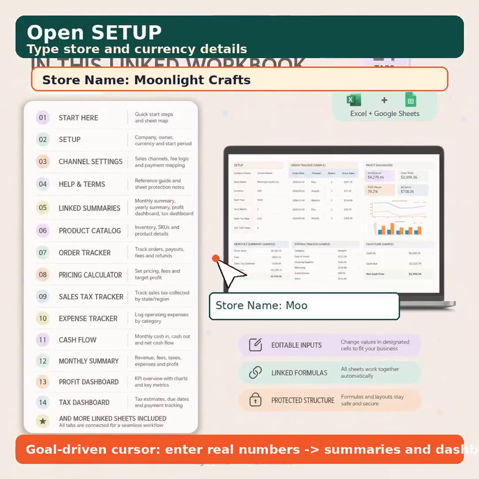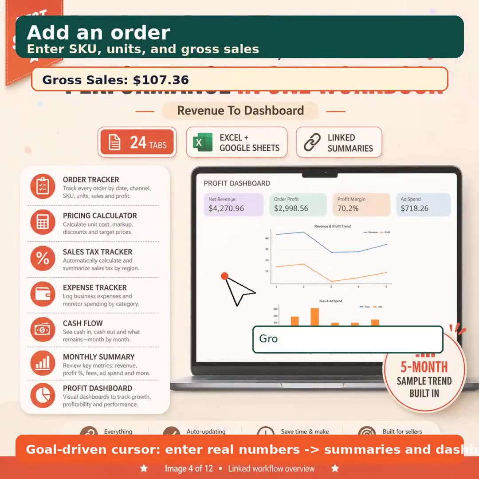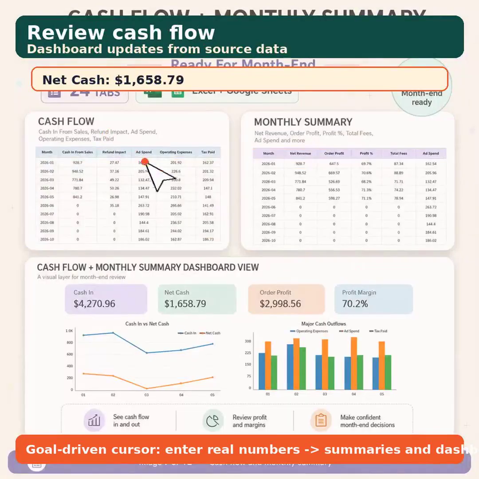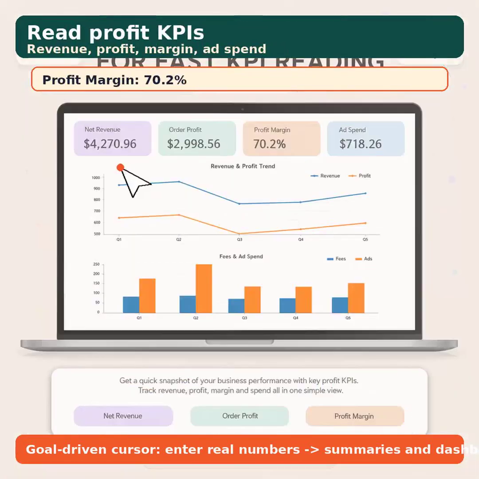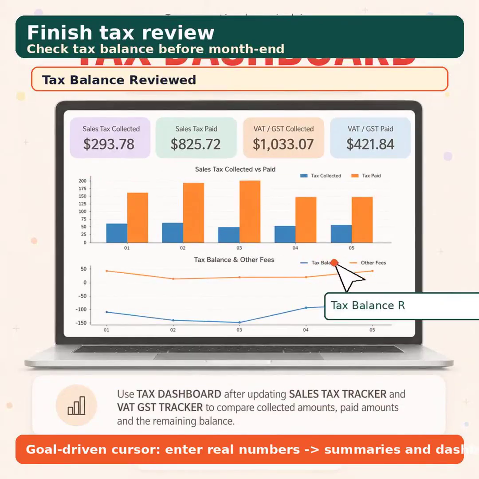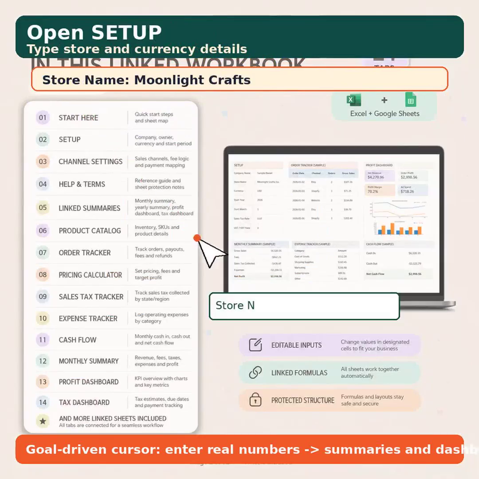Open Client Database and add one client per row. Use a unique client ID, then enter the client name, contact person, email, phone, country, status, priority, start date, and